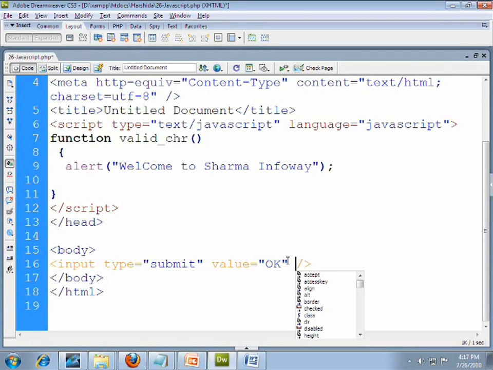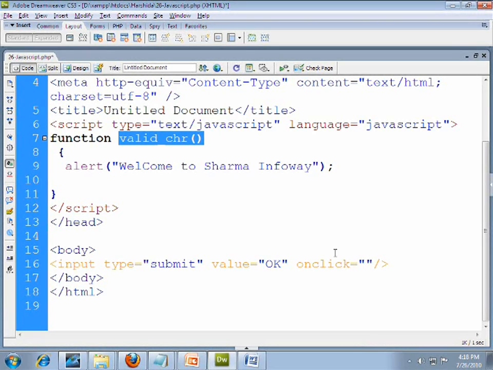Now we have so many events. Let's discuss what exactly the meaning of an event is. You can see we have events like onblur, onchange, onkeypress, focus, keyup, keydown. So the event is when we key up or mouse over or mouse down. These are the events. Now in this program my target is that when I click on a button, that means I select the onclick event. So you specify your event as onclick, and in between the double quotes you specify your JavaScript function. I copy my function name and place it in between the onclick event. Just save this page.